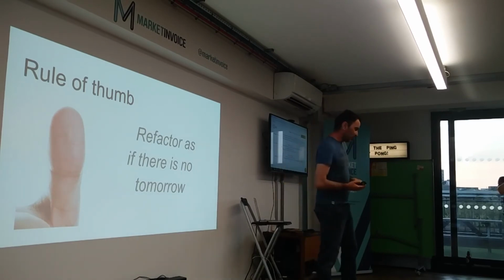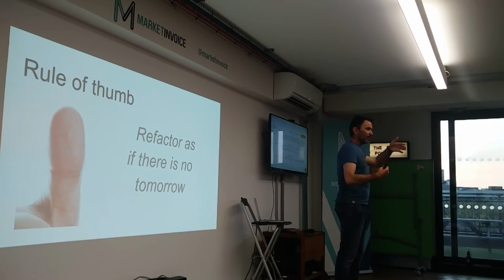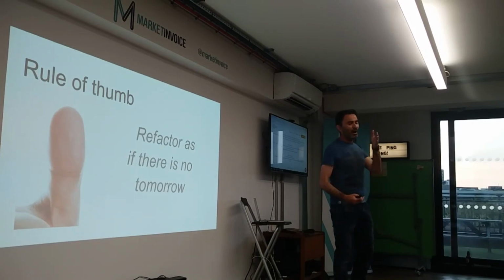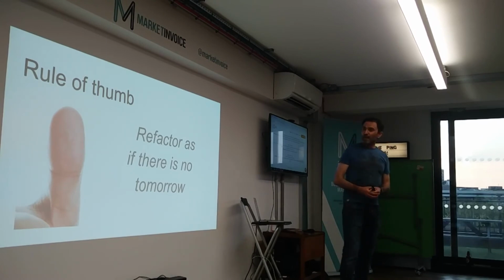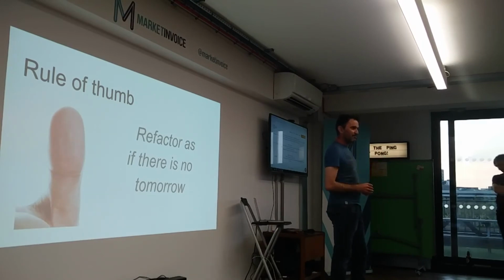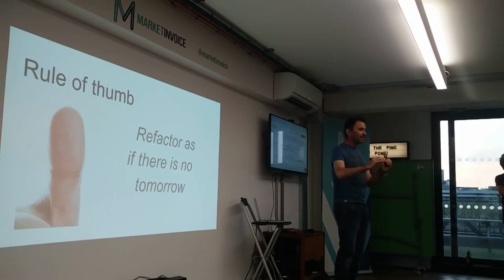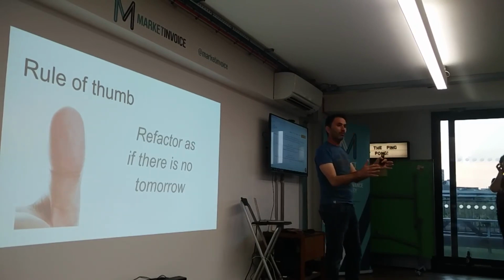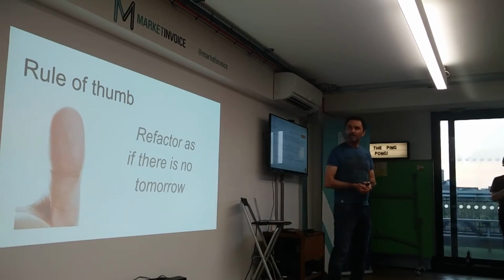As if there is no tomorrow means, first of all, don't think about features that come in the future. You don't guess. You never guess. Trust me, I've been at this for many years, and I always get it wrong. Also, sometimes you think, I have to handle this, I have to handle this for tomorrow. Yeah, sometimes you have deadlines, but also think: this code is coming out, there's no tomorrow, I'm going to release today. So I'm going to think about how the code should be now,